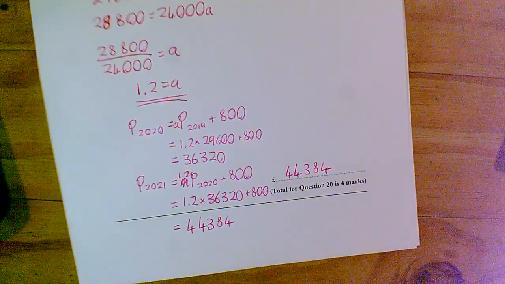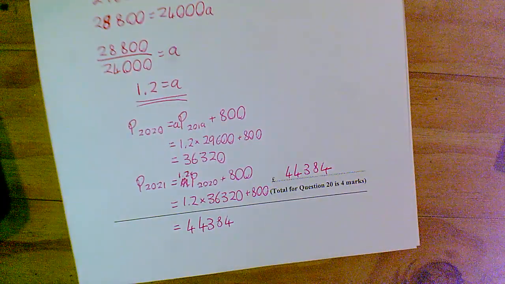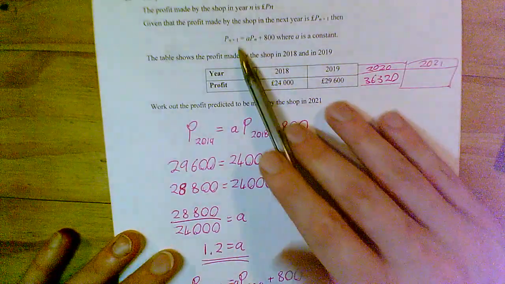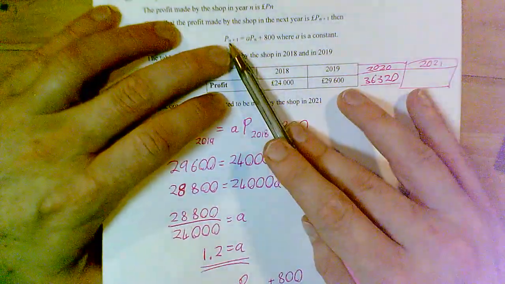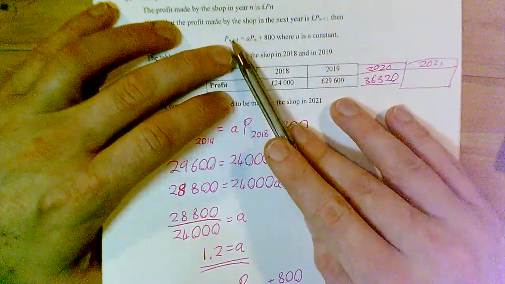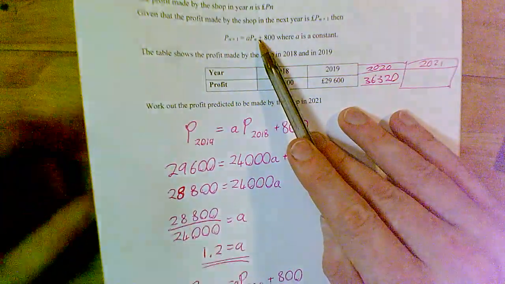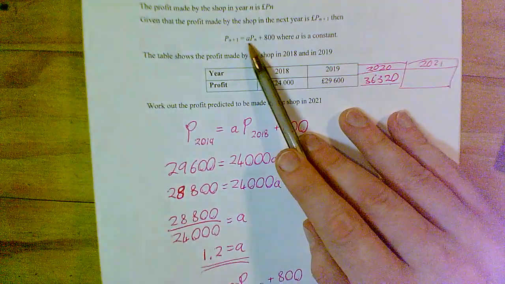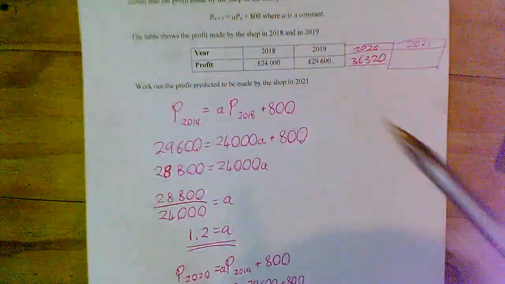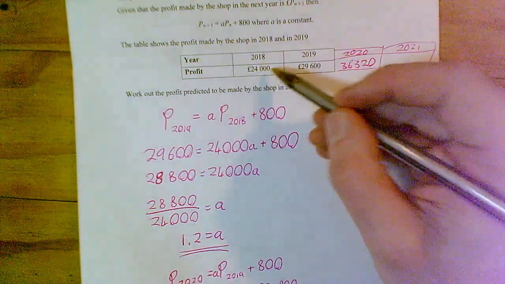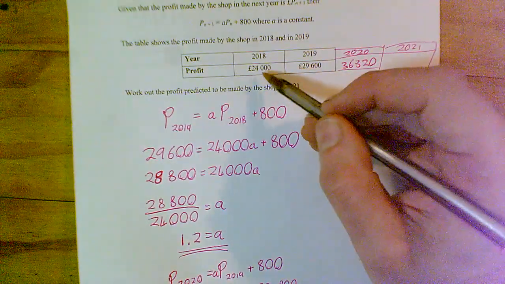£44,384. Let's check that's right. Yeah, great. Not going to spend any longer on that one. The most complicated thing is just understanding what this means, that Pn plus 1 is just the year after Pn. And as soon as you follow the rule, to get from one step to the next, you multiply and then add. The most common mistake, I think, with people thinking, well, this is trying to work out,